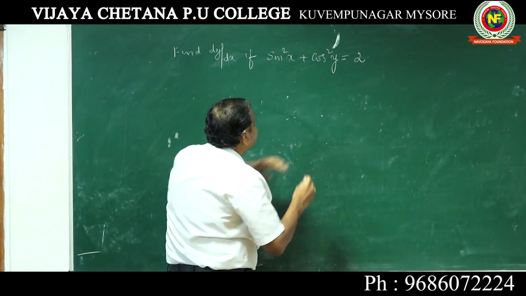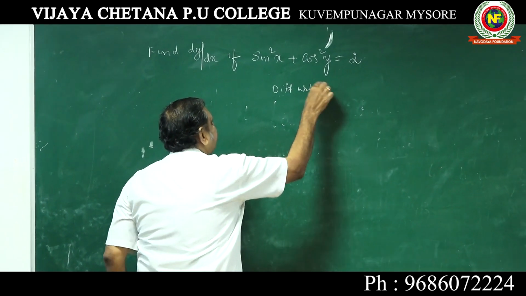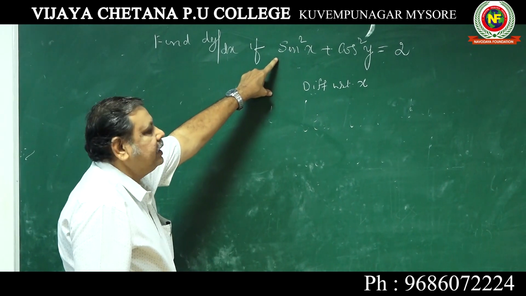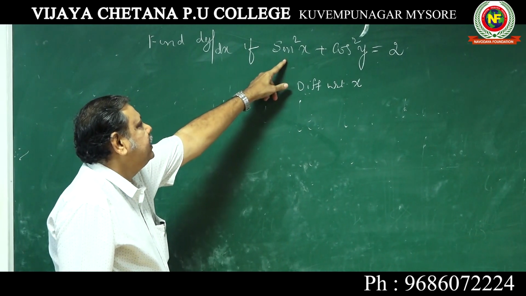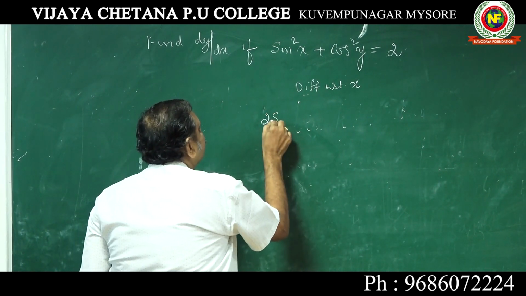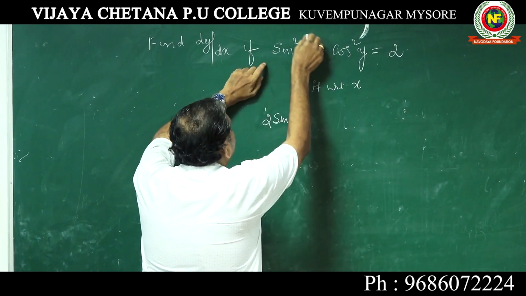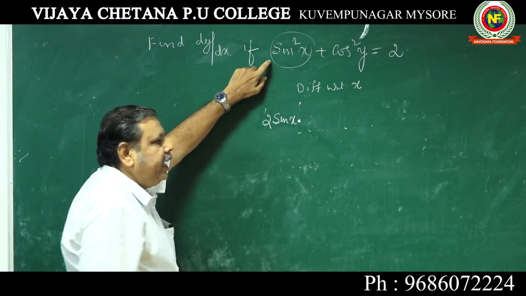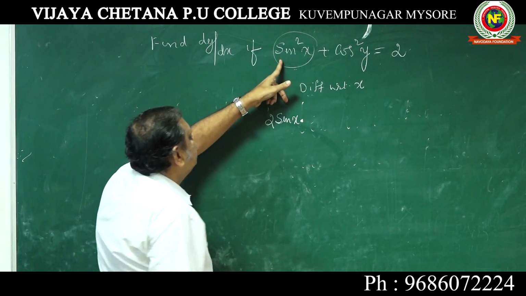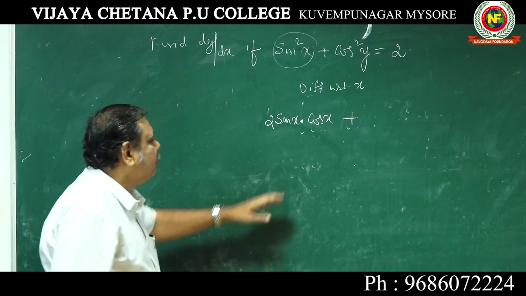Now you start differentiating with respect to x. Write the problem, then say differentiate with respect to x. See here, it is a chain rule you have to apply. Sin square x means p square, put sin x as p. P square differentiation is 2p, that is 2 sin x into d by dx of sin x. When you differentiate this particular function, it is a chain rule, function of a function, 2 functions are there. 2 sin x into the differential coefficient of sin x, it is cos x, plus similarly here